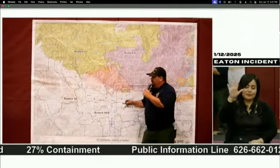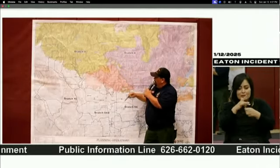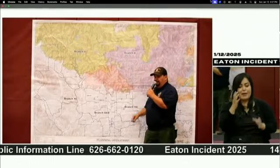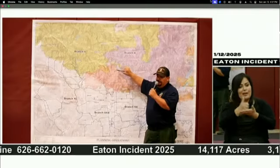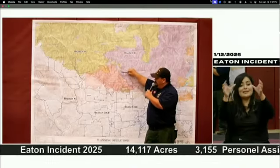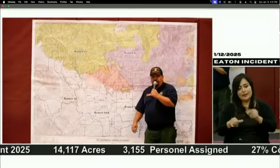I want to just speak to these areas of concern that I spoke to. We have a mobile retardant plant. It's a portable tank that we can set up here at Mount Wilson that allows us to use the retardant from that tank to drop on these areas that we've identified as concerns. We're also working to